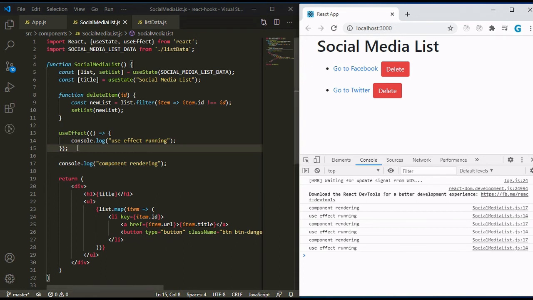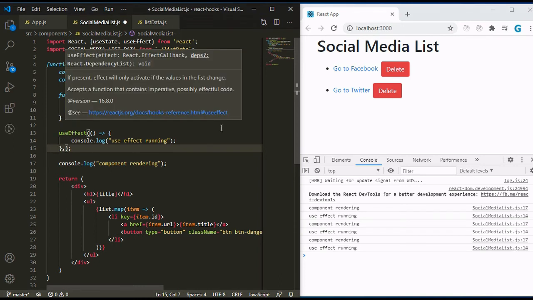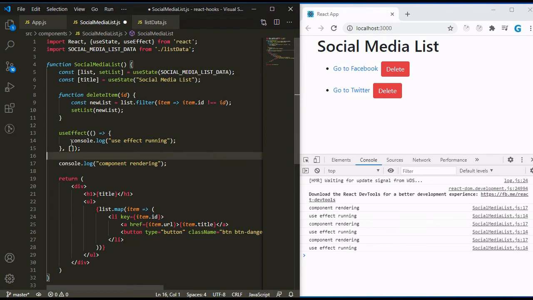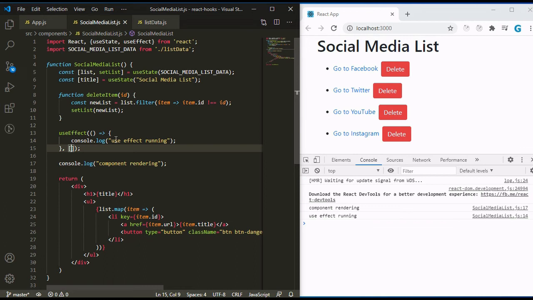Now let's come to the second parameter. For the second parameter we have an array of states or an array of props, or you can give both together. If you don't give any value inside the array, then your useEffect function will run only once, even after you perform any action on the UI.